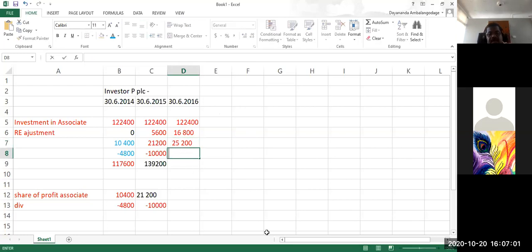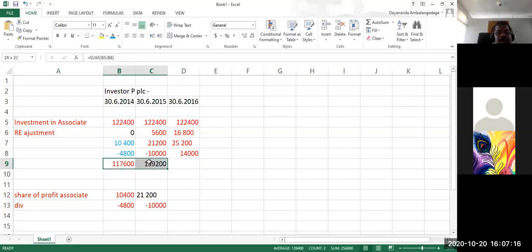Here it is dividend, that is the portion of dividend, 14,000. Here it is 14,000. Can you remember? 40%. And you have to remember there we have to put an extra entry